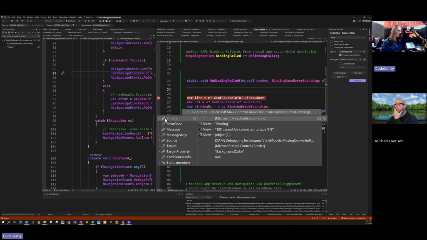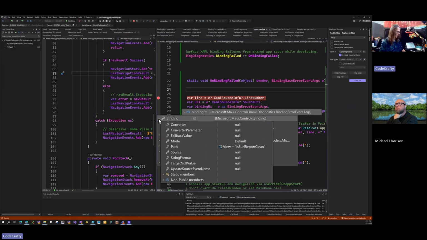Let's see. I don't think it gives me any other information. It might tell me what I'm coming from. There you go. And it tells me that there's a border bound to IsSurfReportClean that's blowing up. I'm going to have to triangulate it a little bit there, but we know that if we do a find on IsSurfReportClean without the quotes,